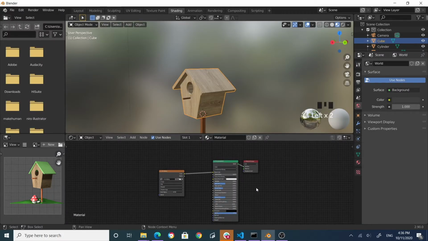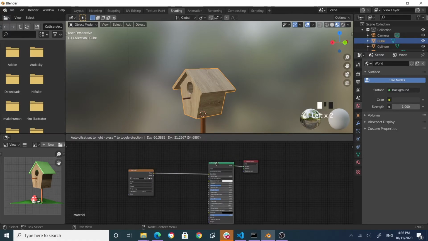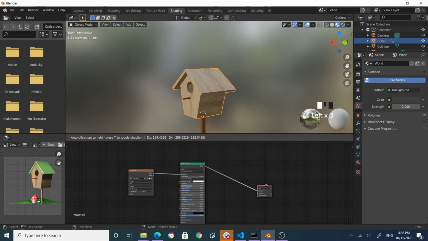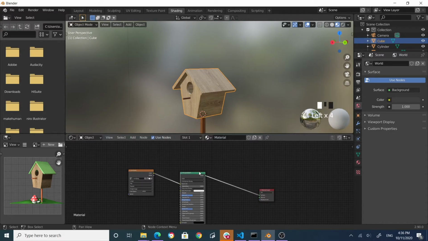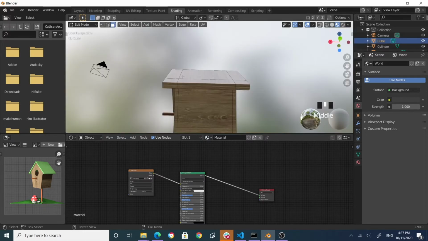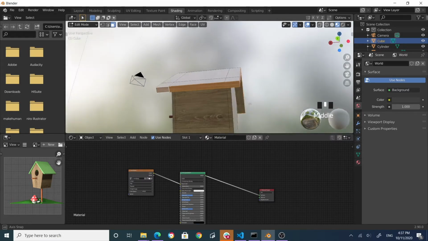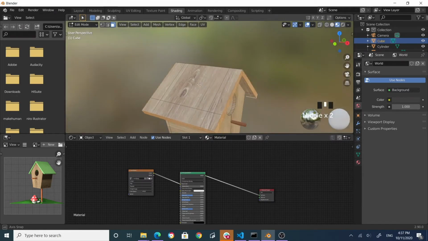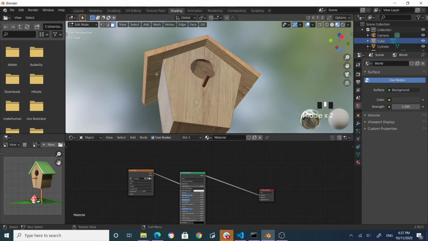Now you have texture already. What I want to do here is separate this set of faces and then create a separate material for that. Select one face, alt click on this line so that you select the entire face, and then also come over here, shift click on these faces so that you select